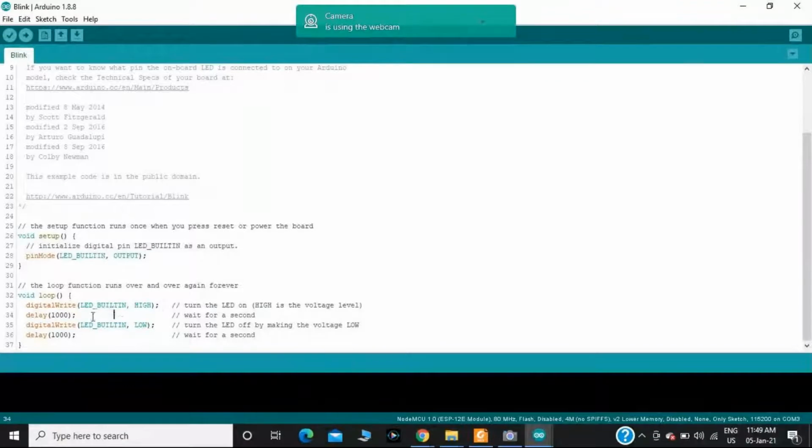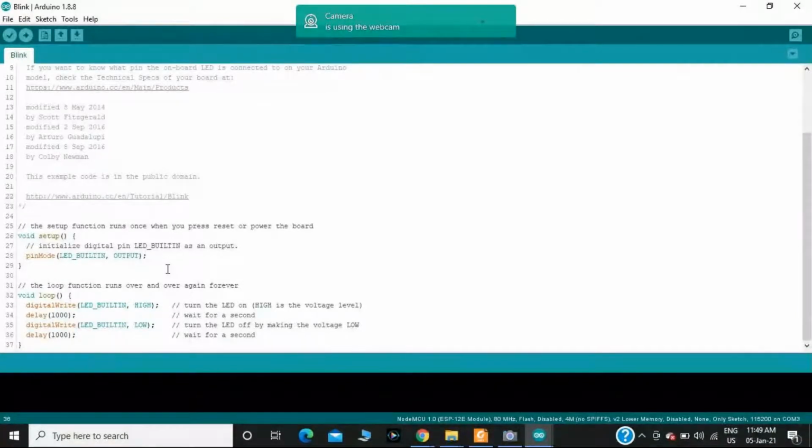For how much duration? Here in my case, I have taken the delay with 1000. 1000 means I should wait for 1 second. It is nothing but delay. It is going to give you a time delay of 1 second. 1000 milliseconds equals 1 second. The same thing, I'm taking one more instruction, digitalWrite. I'm going to turn off the LED using digitalWrite LED_BUILTIN, comma, LOW with a delay of 1 second. In this example, I am going to turn on the LED for 1 second, and turn off the LED for 1 second.